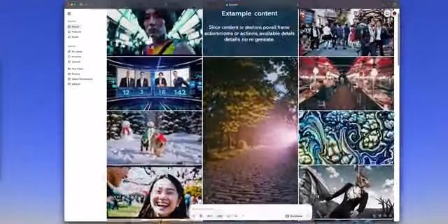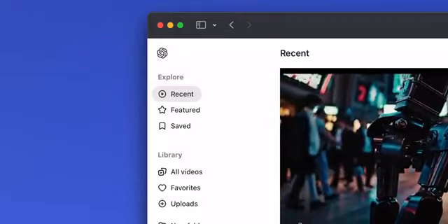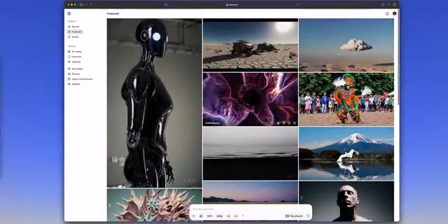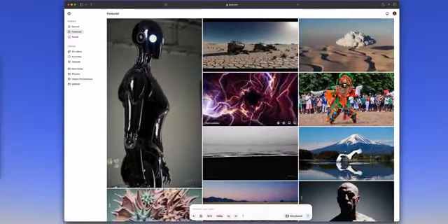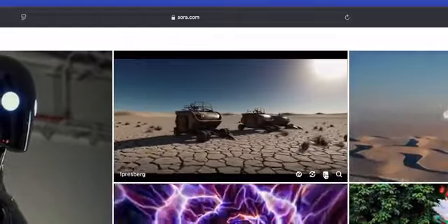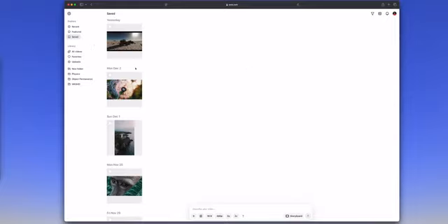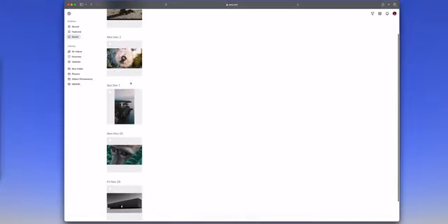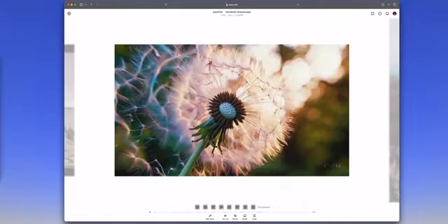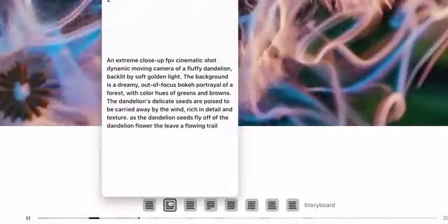On the left side, you can explore other prompts that people have recently made, and then some featured ones where I suppose OpenAI is still going to curate some of the best results to showcase what it can do. And if you hit the bookmark button on any of these, they'll show up in your saved tab. And what I like about these again is anything you click on, you can see obviously who made it, but you can also read exactly what they typed into the prompt box to get this result. And I'll get back to that in a second.